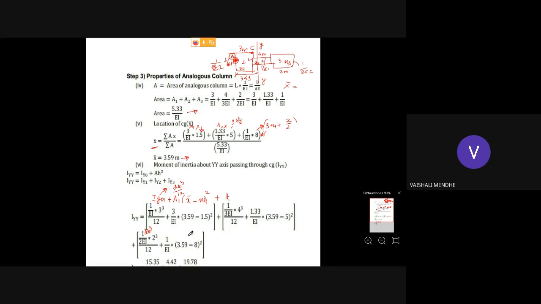Okay, so you just simplify this, you will get the moment of inertia, just cross check your values with this value. Okay, so the moment of inertia of the analogous column section is 39.55 by EI. X bar of the analogous column section is 3.59 and area of the analogous column section is